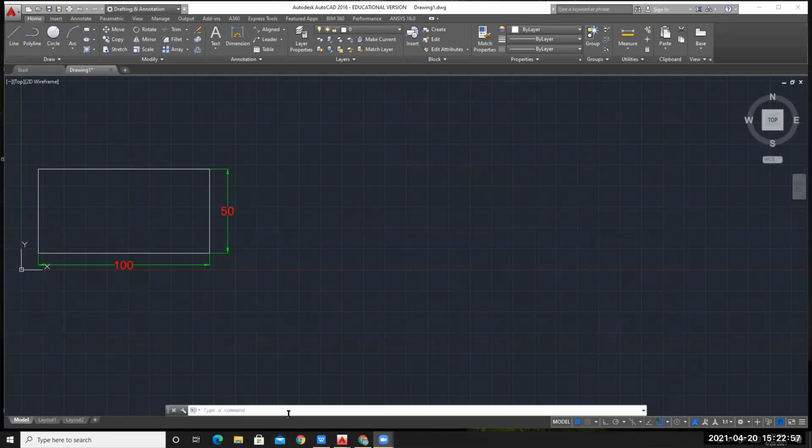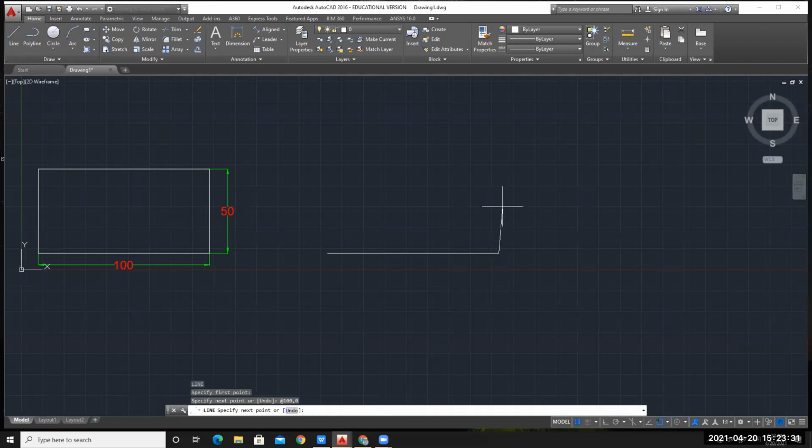For the line command, you can go for L, enter, specify the first point. Since our global coordinate value 10 comma 10 is over here, I will not give this 10 comma 10. Instead, I will start drawing from here. Now the first point I have specified dynamically on the screen. Hereafter, I will put the values. At the rate, I want to move 100 in X direction and 0 units in Y direction.